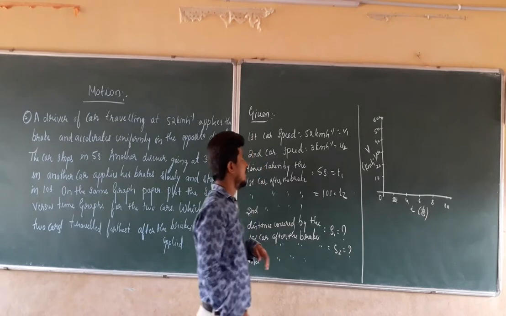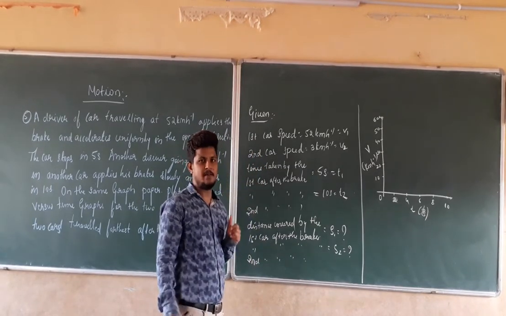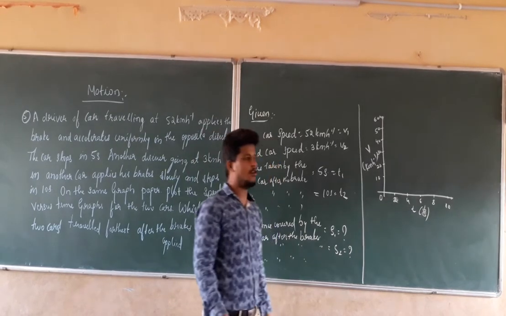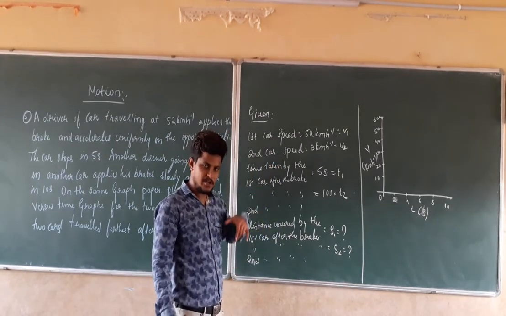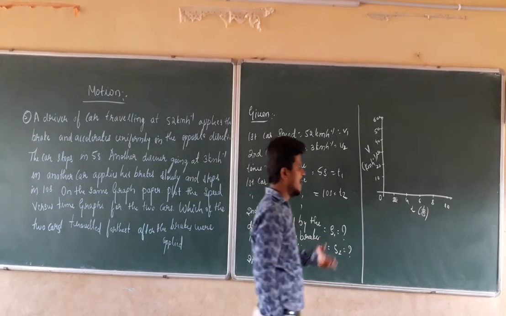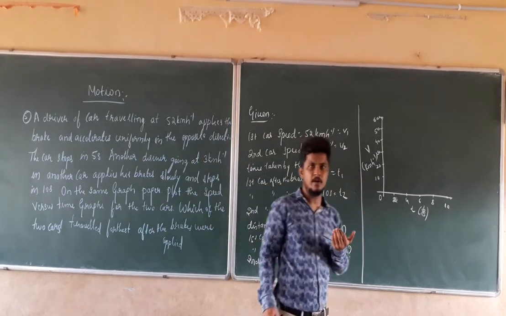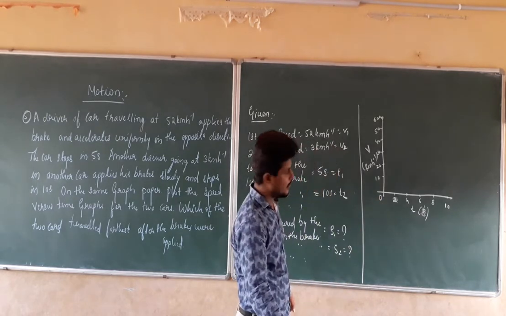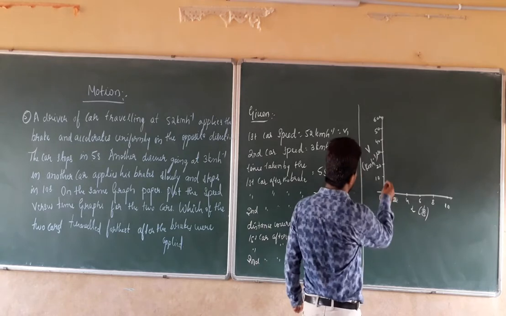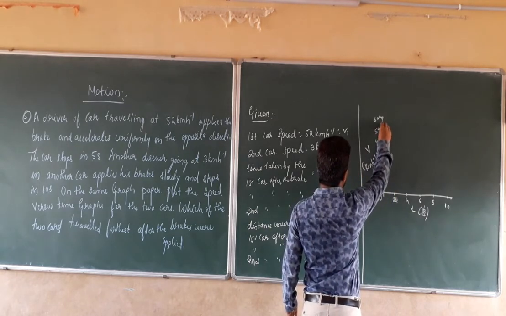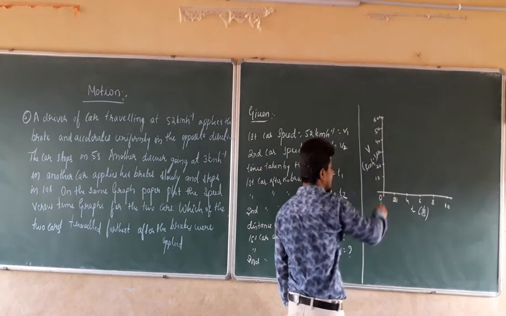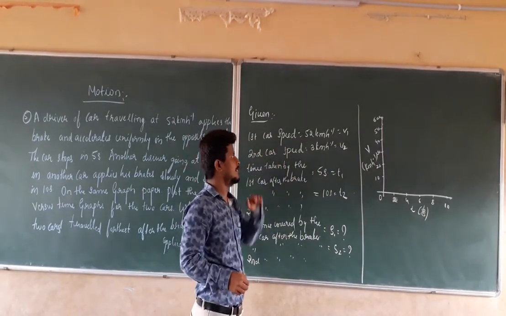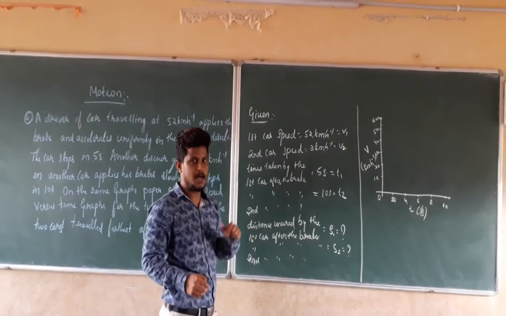Now what we have to take? We have to take the time and speed for the first car. When you take the speed of the first car, that is nothing but 52 km per hour initially, which is already going. That means the time for the 52 km per hour will be equal to 0. So we have to point that out here, at this point, at 0 time interval. Initially the speed of the first car is 52 km per hour.